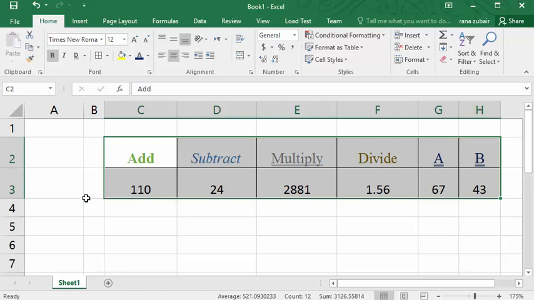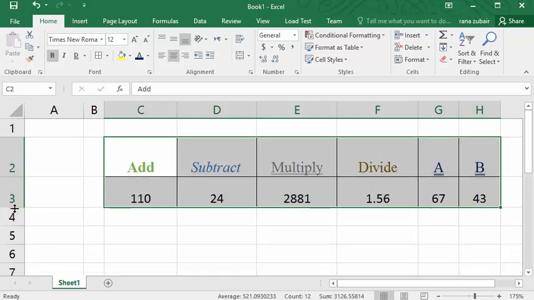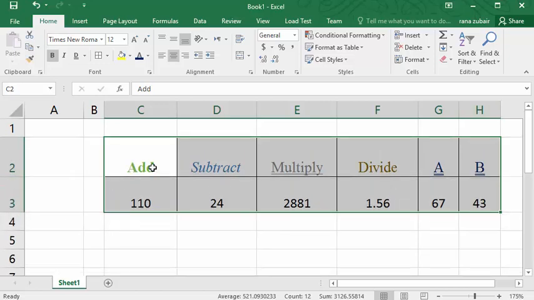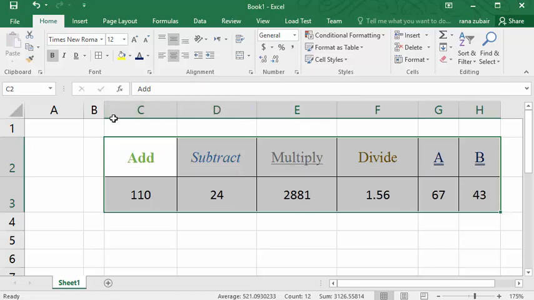Now you can see the data you have written is at the bottom of each cell. You want to show it in the center of each cell. So you will click on the middle align. It will take the data into the center.